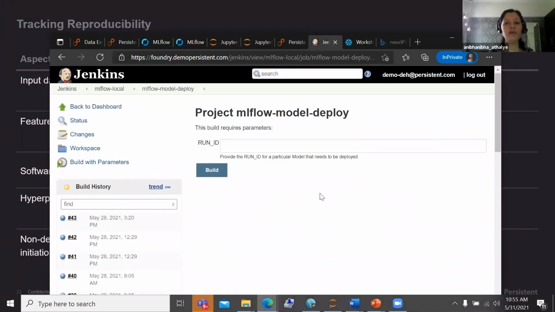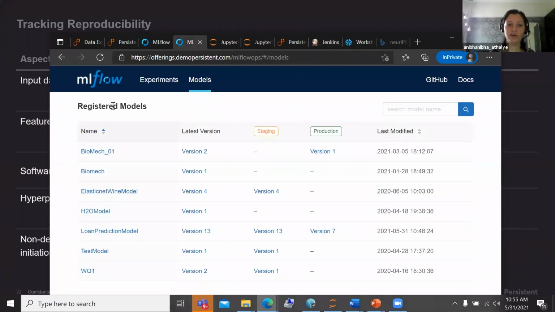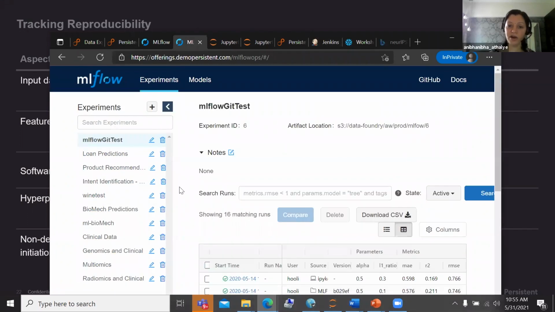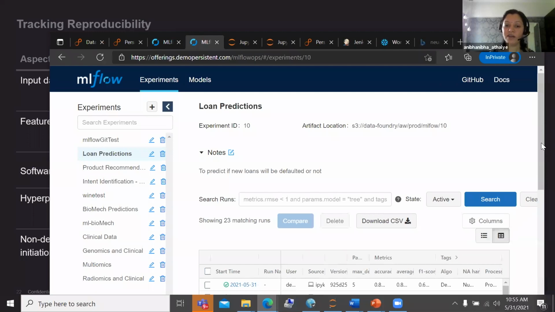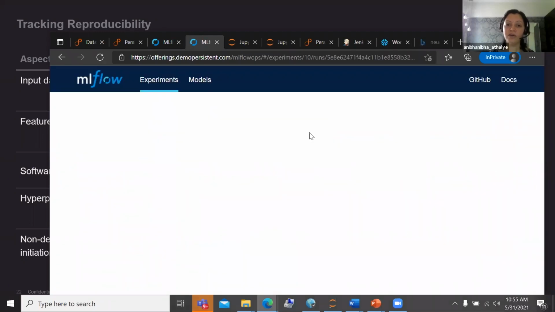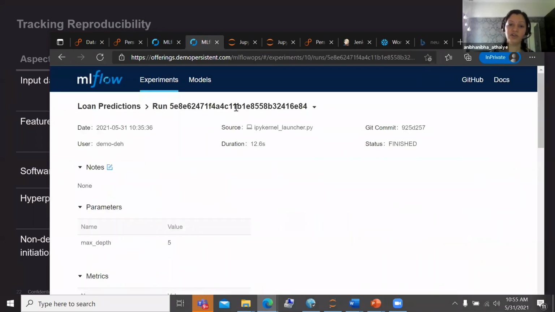So whenever, let's say, I am happy with this specific version of my model and I want to go ahead and deploy it, how does the deployment work? How does this entire experimentation help me with the deployment aspects? What we are able to do is deploy a specific version or the specific iteration of the experiment that we did using just this run ID.